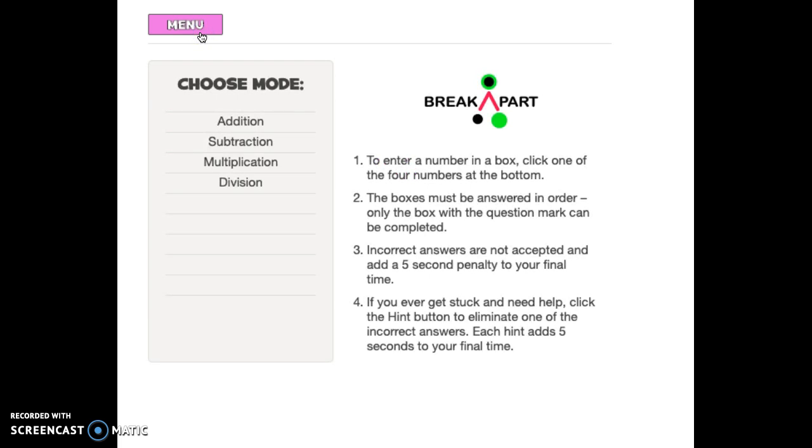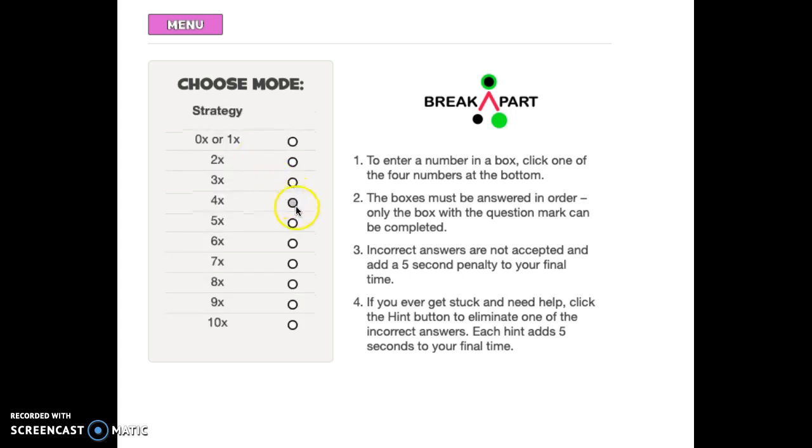And I liked finding 10 because that's a strategy that can go both with addition and subtraction, and makes it a lot simpler for kids once they catch on. For multiplication, I chose 4s. I think that beyond doing 1s, 5s, and 10s, 4s is the next one I like to go to